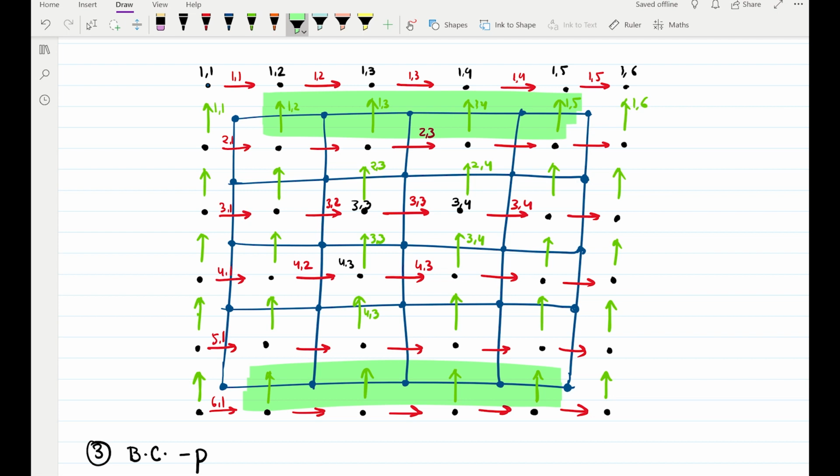And on the other hand, if we look at a velocity pair such as these two, and if I represent this as V1 and this as V2, we would say that V1 would be equal to minus V2, where V2 is an interior point which could be obtained from the discretization of the momentum equation.